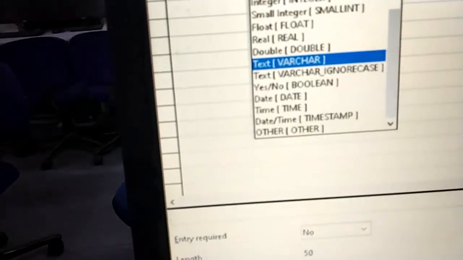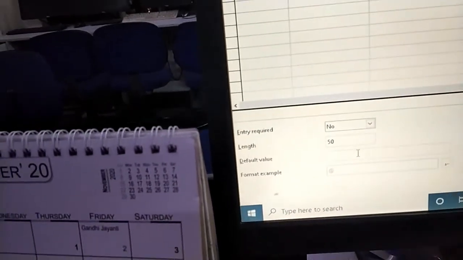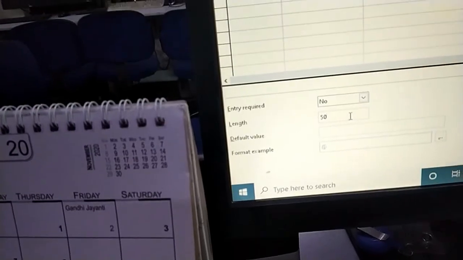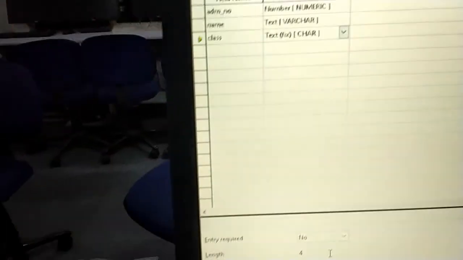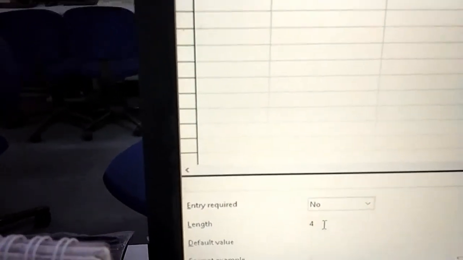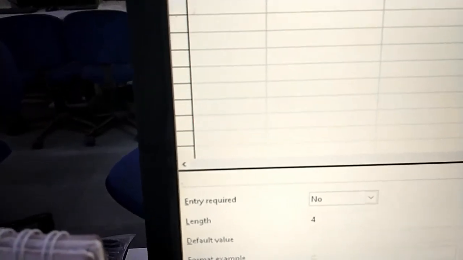Now, class is again the char data type. Suppose I've taken char, so character data type, it's a textual data type where I'll write in the Roman numerals, and here the length I can again fix, it's only 4 because the maximum class, like 8 class B triple I used to write, and that is the maximum length for any classes from 1st to 12. That's why I've taken that.